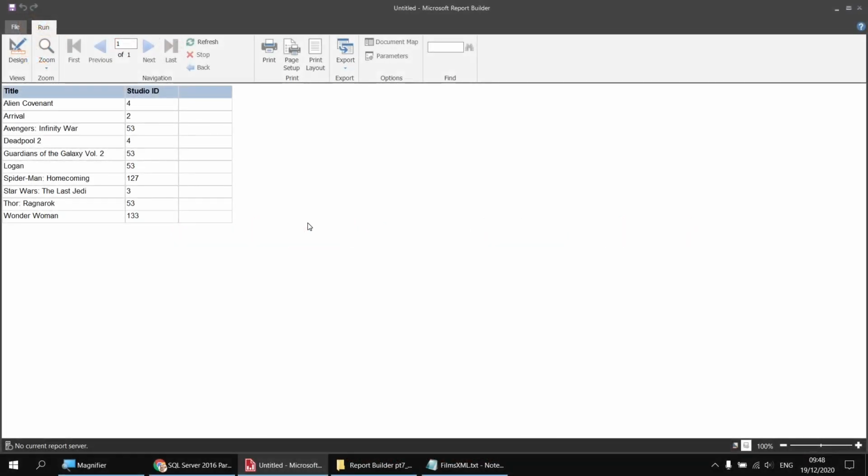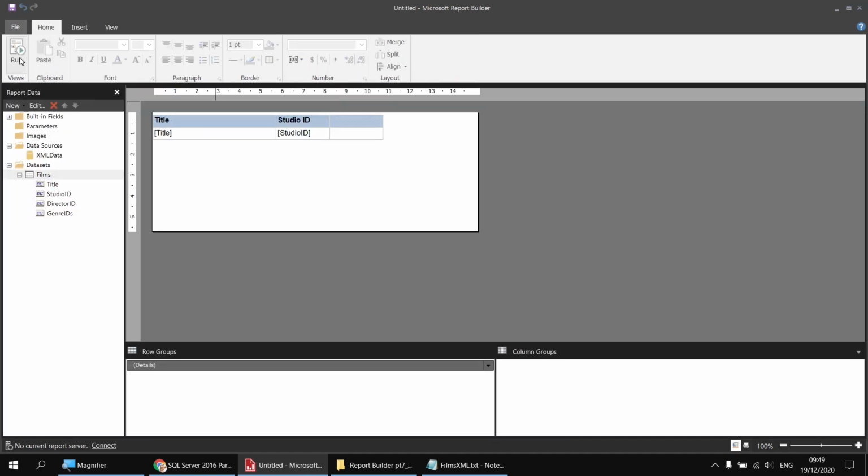So the dataset contains a list of 10 films and the ID numbers for some other properties such as the studio, the director, and the genres to which the films belong. What I'd like to do is take these ID numbers and convert them into some meaningful, readable information, and we're going to do that by looking up the ID numbers in another table in the movies database and return the value of another column. To do that, what we'll do is head back to the design view, and then I'm